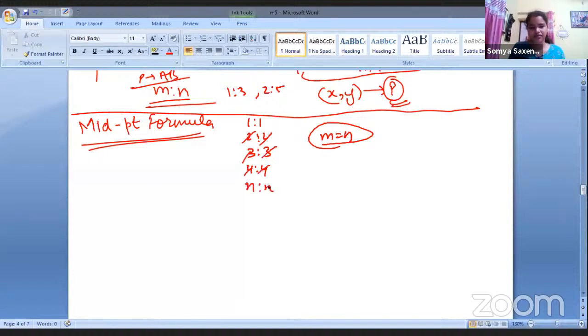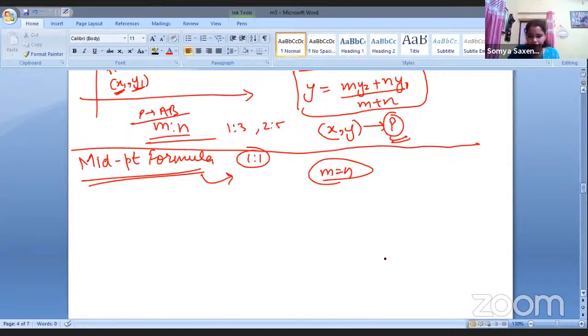Even if n goes till infinity, if it is n ratio n, then again they can be cancelled out and it can be written as 1 ratio 1. So basically, instead of writing all of these, we can just write one simple thing. And what is it? Simply this ratio, 1 ratio 1, right? So the midpoint formula is specifically for that condition in which the point P is dividing the line segment m and n in the ratio 1 ratio 1. If we know that this particular ratio is there, then definitely it is going to be the midpoint, because